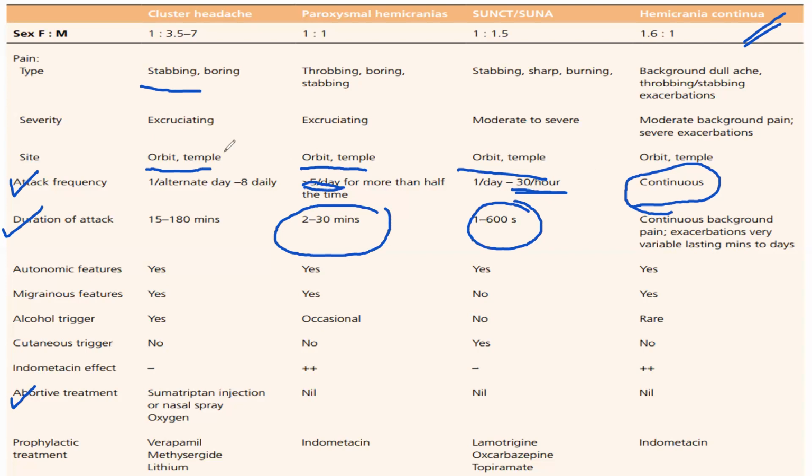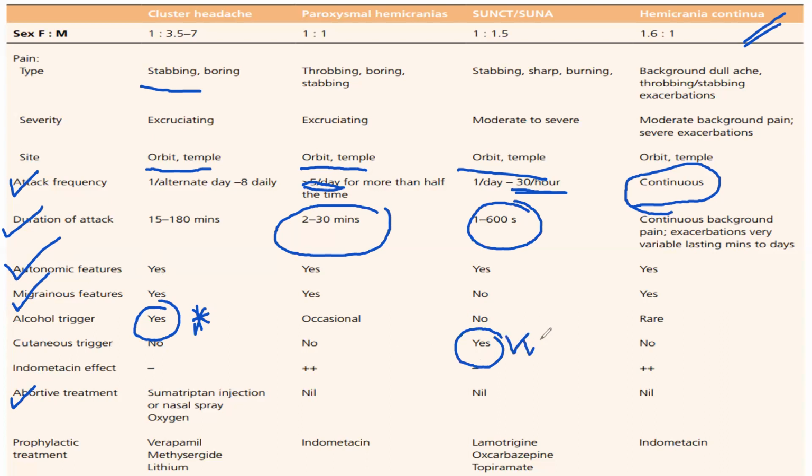All of these headaches are trigeminal autonomic cephalgias. So all of them have autonomic manifestations. Sometimes cluster headache, hemicrania continua, and paroxysmal hemicrania have some migrainous features like nausea, vomiting, photophobia, and phonophobia. You should always remember alcohol can trigger an episode of cluster headache, and cutaneous triggers are more useful in